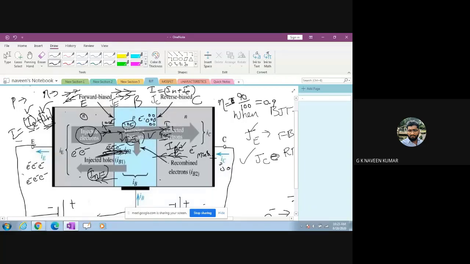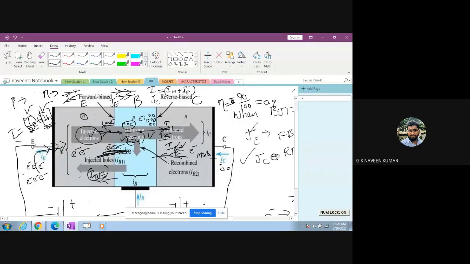Here, whenever you apply a potential, more electrons will be injected here, and as the n-type is already carrying majority electrons, the injected electrons will move from emitter to collector through the base. This base should have minimum width because recombination should be less. If the recombinations are more, then less than what I inject will reach the collector, so my current flow will also decrease. I want the current flow to be more, so recombination should be less. For recombination to be less, the width should be small. When the width is small, the number of holes will also be small. So you cannot stop recombination, recombination will definitely happen, but how much we can reduce it, we can do that.